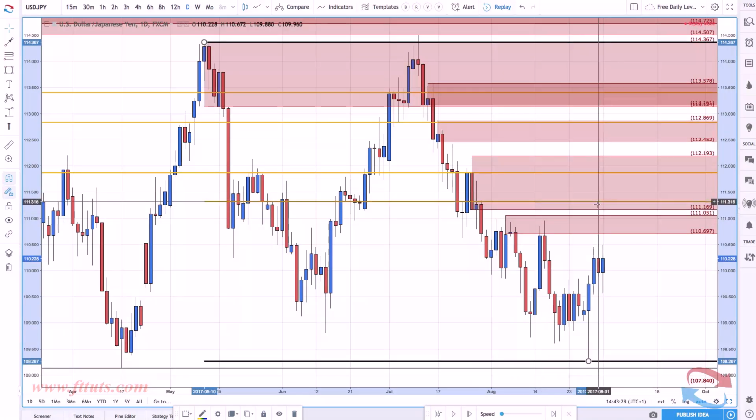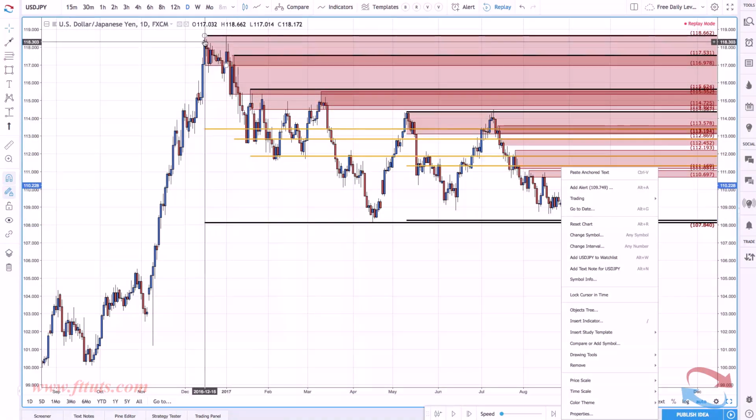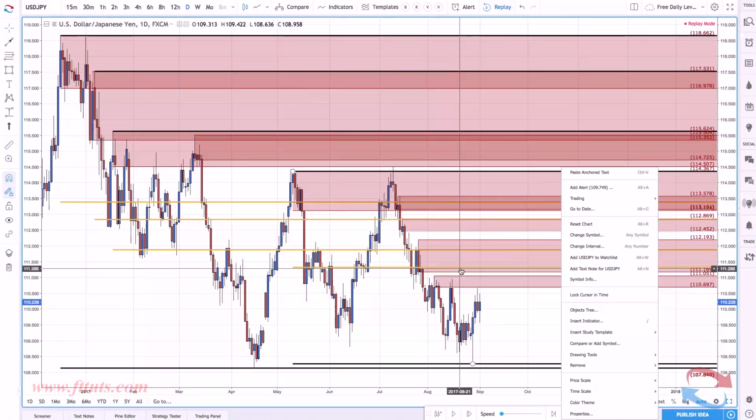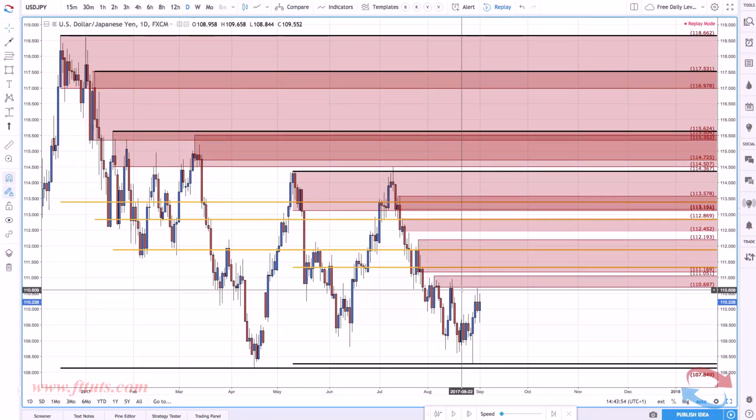But just keep in mind that these areas here are the best areas to buy, where supply and demand traders take into account the bigger picture, right? So from this high to this low, if you are buying, just keep in mind that you are buying at potentially the lows. And when I say buying, I mean you're buying the Japanese yen,